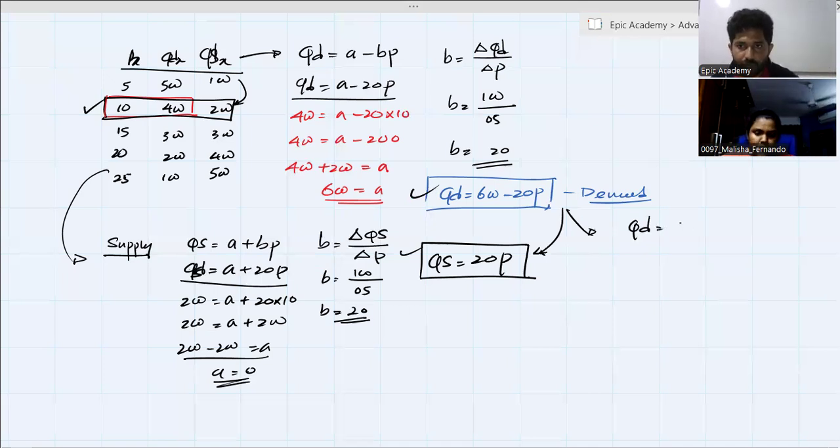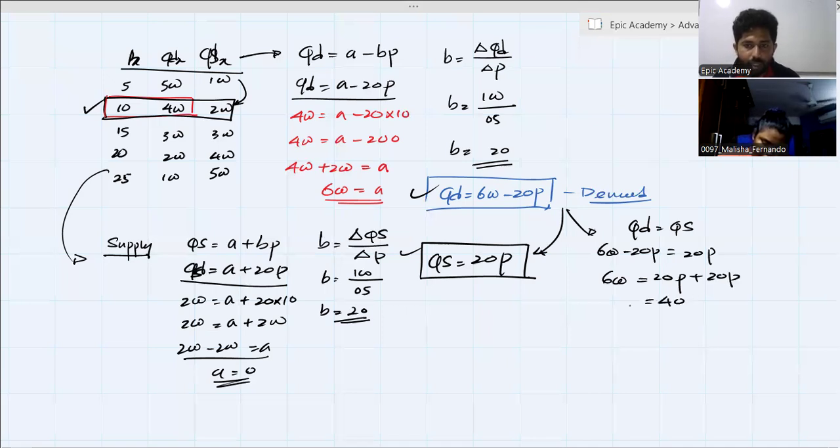QD means 600 minus 20P. QS means just 20P. Then 600 on one side, 20P minus 20P, change the direction, it becomes plus 20P. So then 40P equals